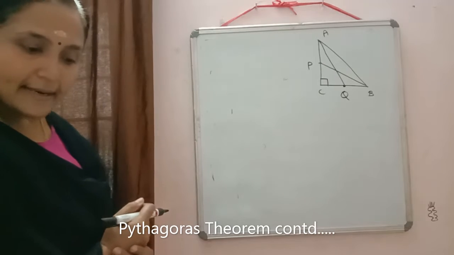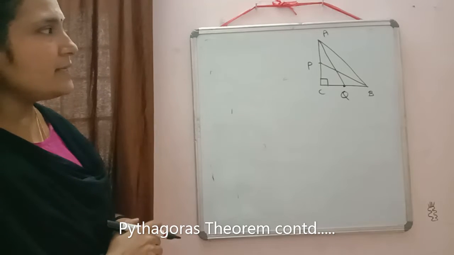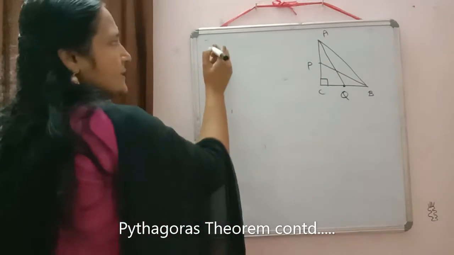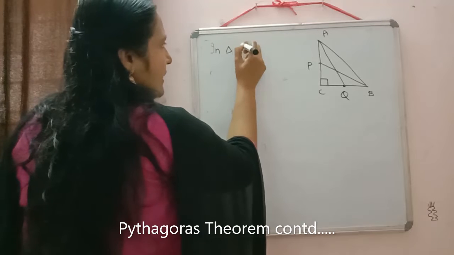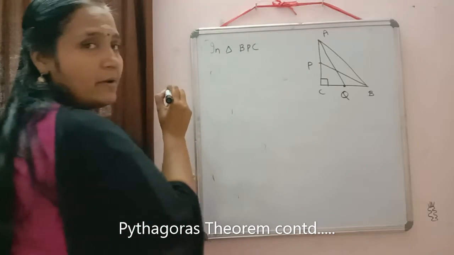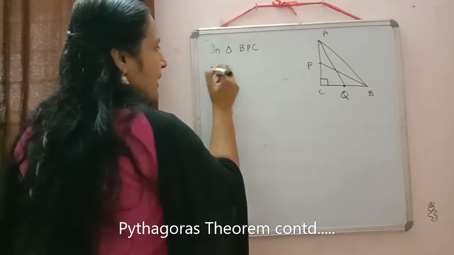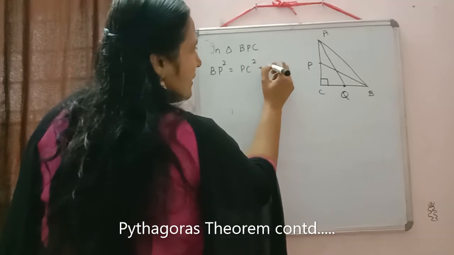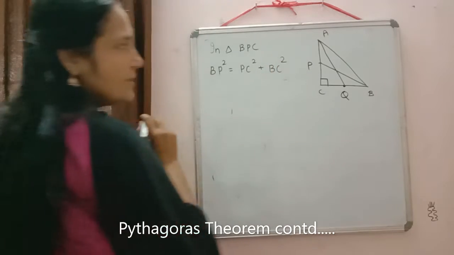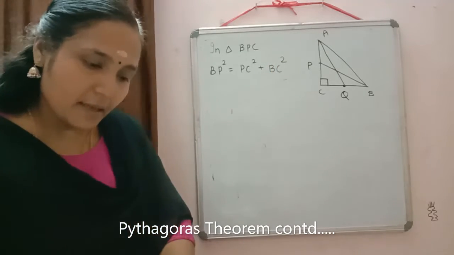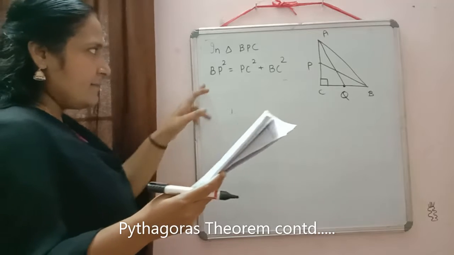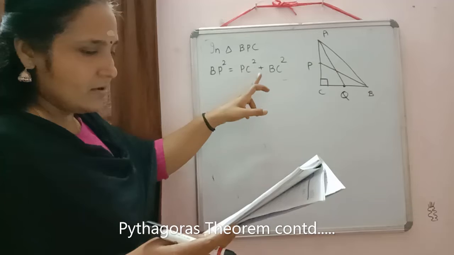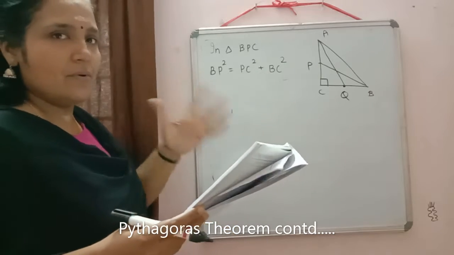So just to check, the right triangle in which the side BP is there. Yes, we have the triangle BPC. So in triangle BPC, what will come according to Pythagoras theorem? BP square is equal to PC square plus BC square. Now again, check in the proof what sides we need. On the left hand side we need the side BP. Then BC also we need. PC we don't want there.